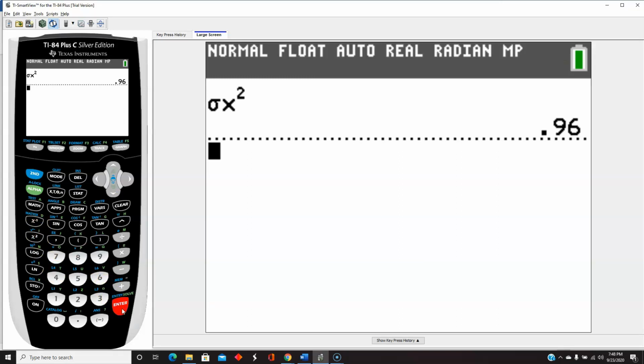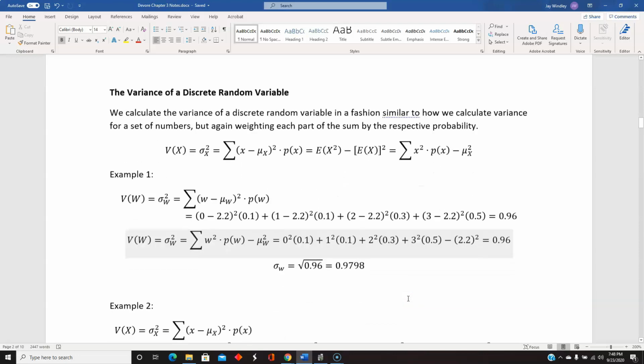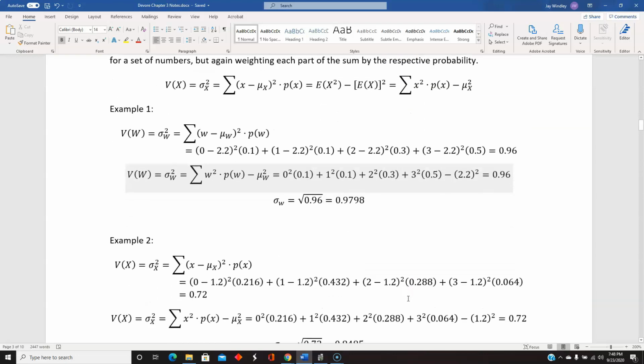And since I used the variable that was already on the calculator, I didn't have to worry about any rounding off. So you can do it by hand for a small data set like this, or for a small random variable like this, and it's not that big a deal, but there's also shortcuts for doing it on the calculator. If we go through that with the second example,